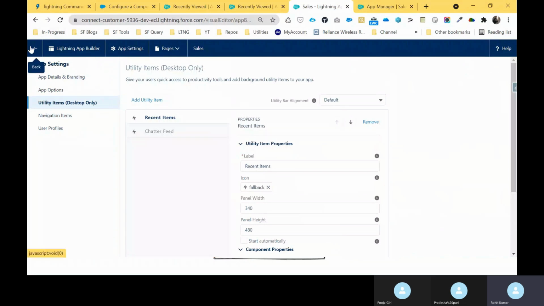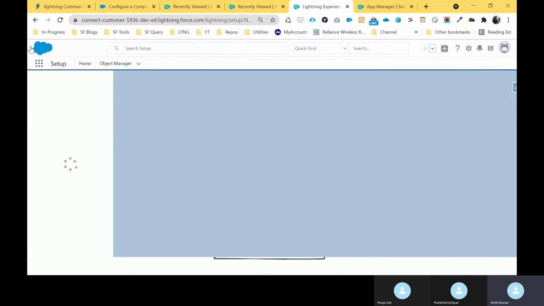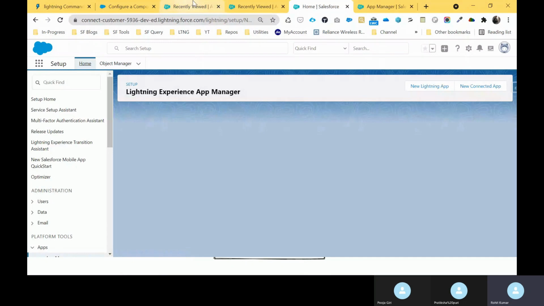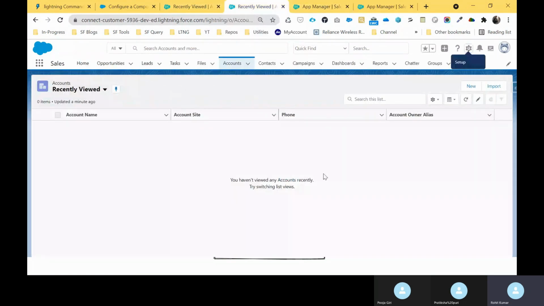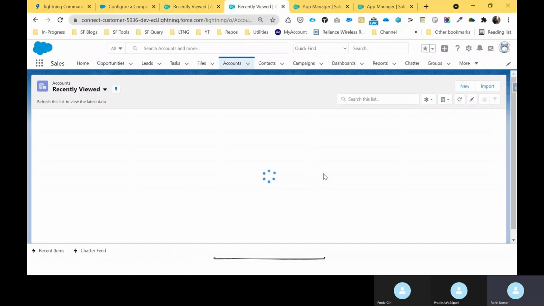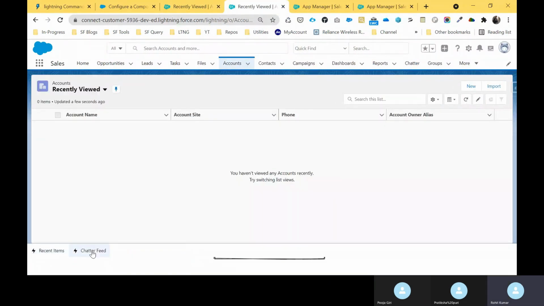It's time to go back, and now you can see all the utility items for this page. Let me open and refresh this one.